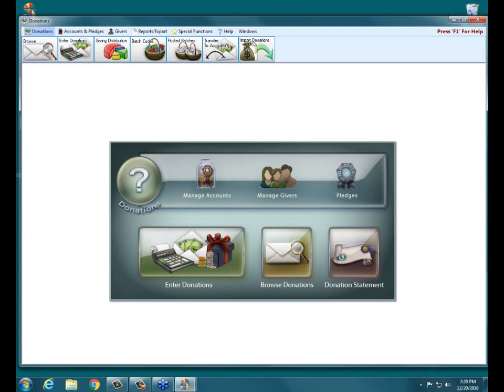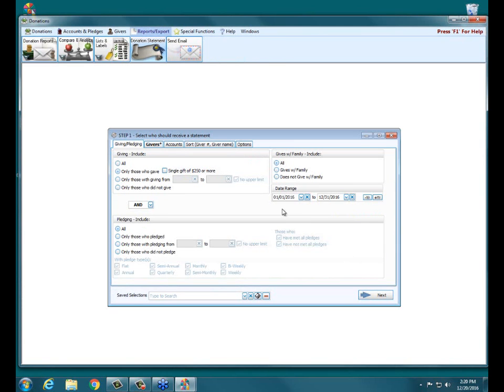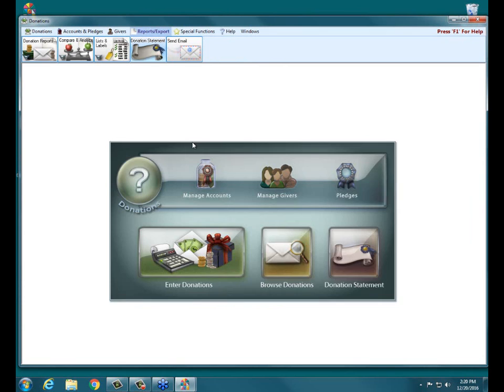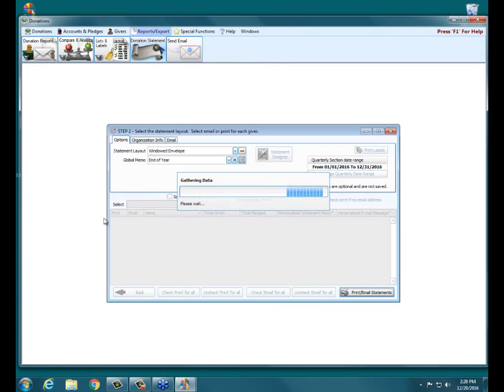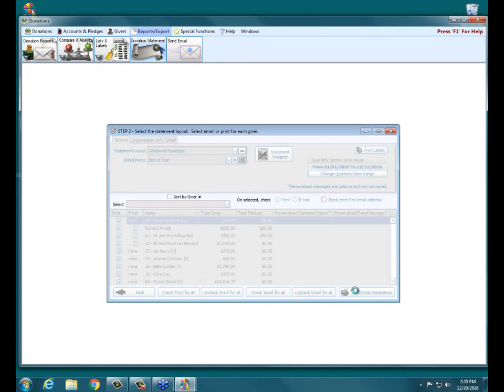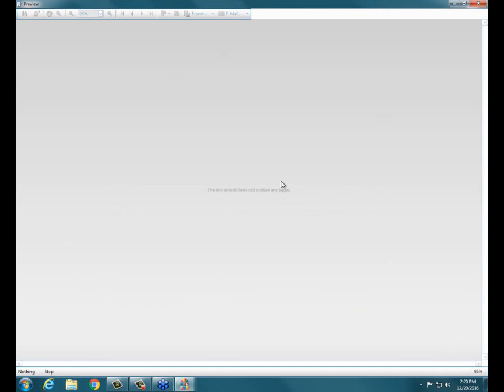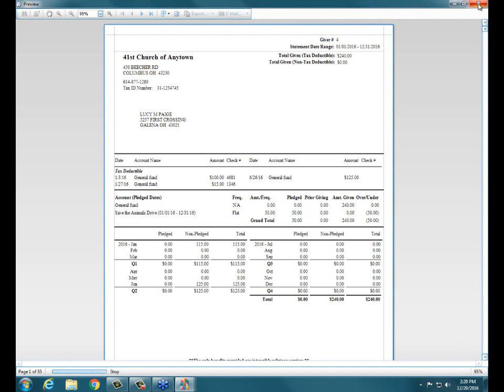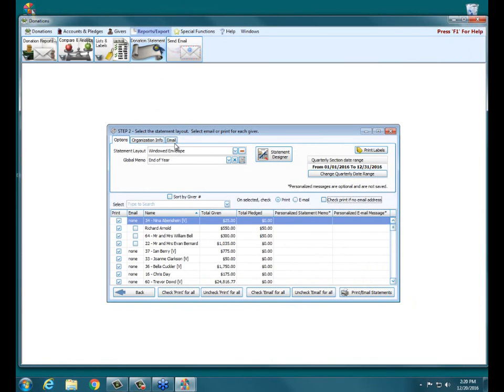If we go to donation statements, if we go to step 2 and we are on step 2, what I can recommend is if you just leave, Lori, if you leave the print box not checking email for everybody and then just go to print, I think you've got the warning that comes up and says that, when statements are more than one page, where is that? That occurs under,